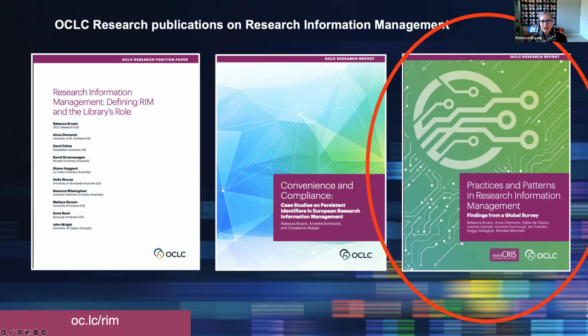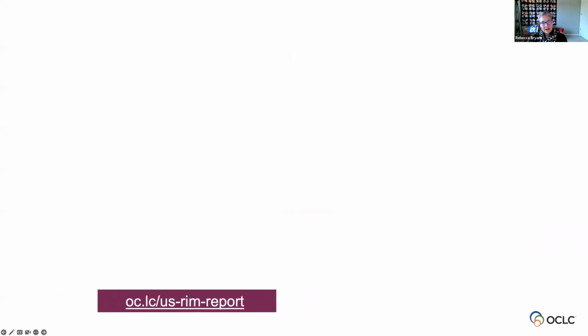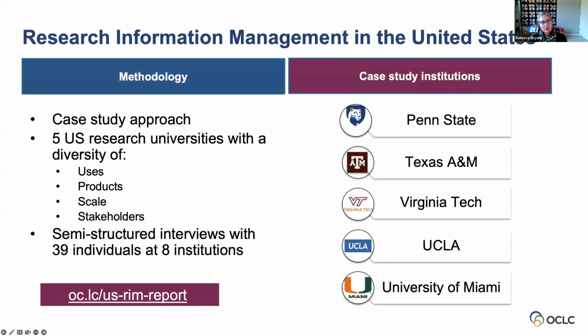And we ended up getting a really lousy sample from the United States, in part because I think there's a lot of confusion about what we call these things and what they are. And so we decided we needed to tackle this differently. And so what we did was we pursued a project called Research Information Management in the United States, and we